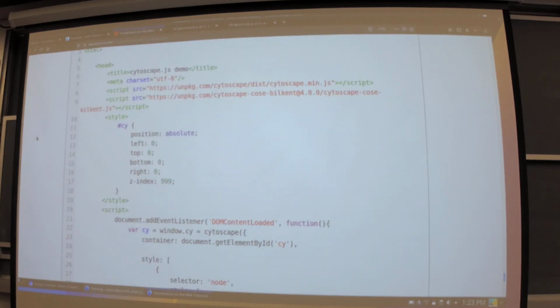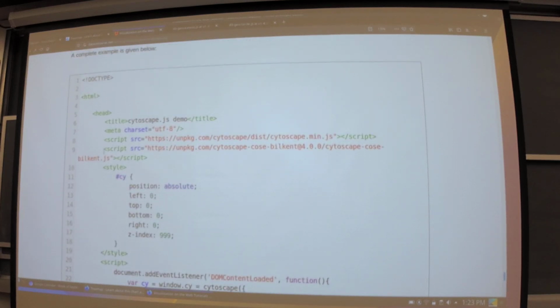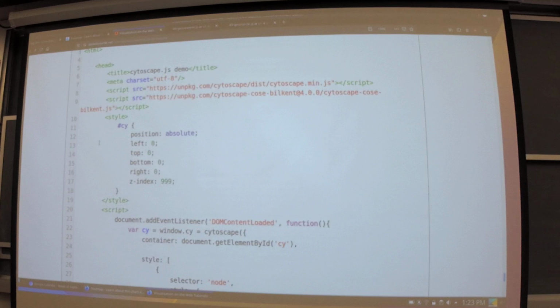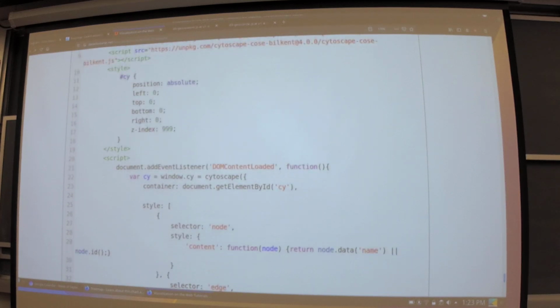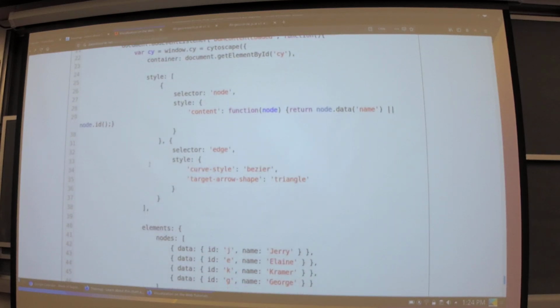Here I'm going to show you how simple it is compared to the tree. In this example, we load Cytoscape, and I also add the layout which I'm going to use. There's also a div container that I just position there, and then when I load the document, I'm just going to say,